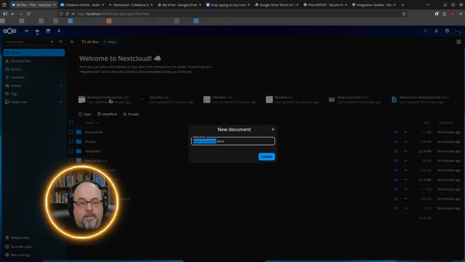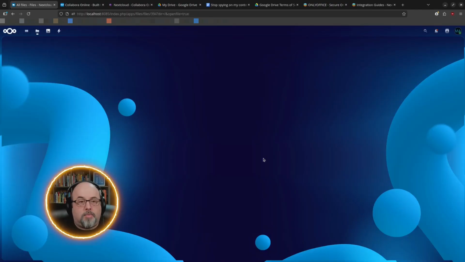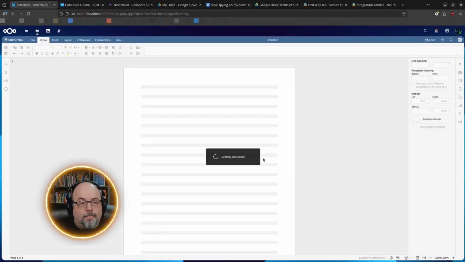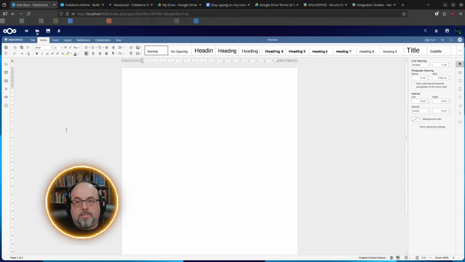Click on New Document, and I'm going to call mine Test. And as you can see, the extension is docx, so it uses all of Office 365's latest file types, including XLSX. Let's create this document. And there you go. The document's already there. So now all we got to do is just write